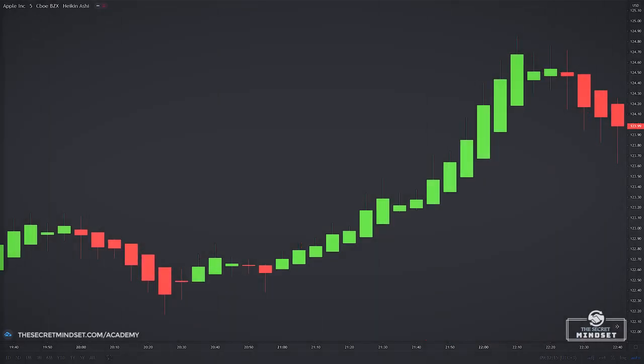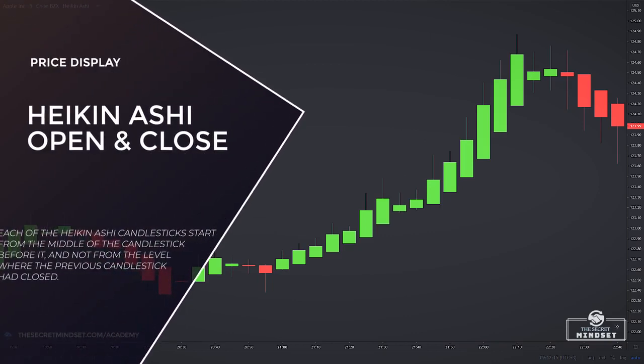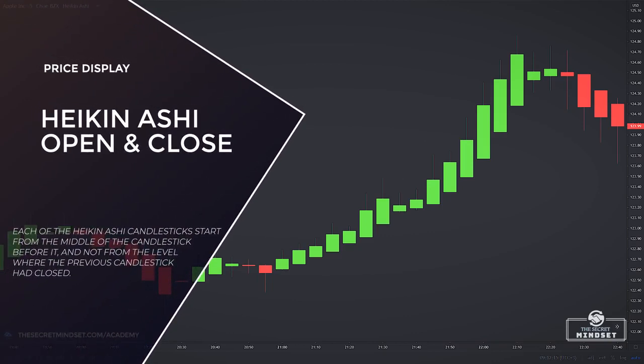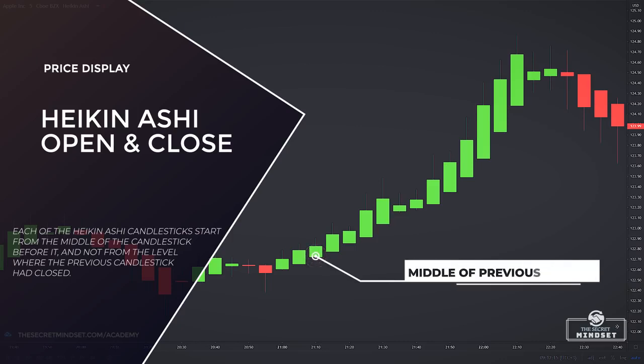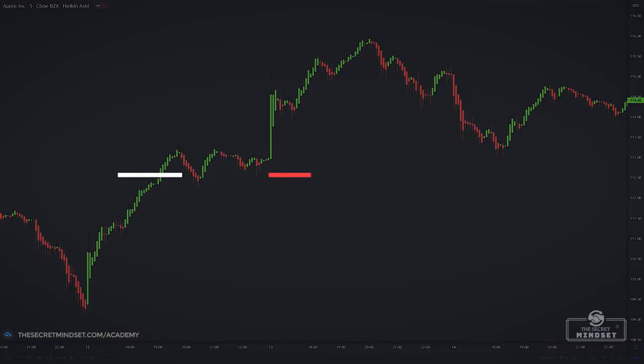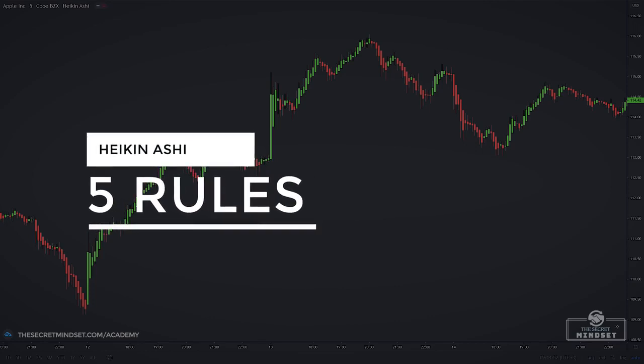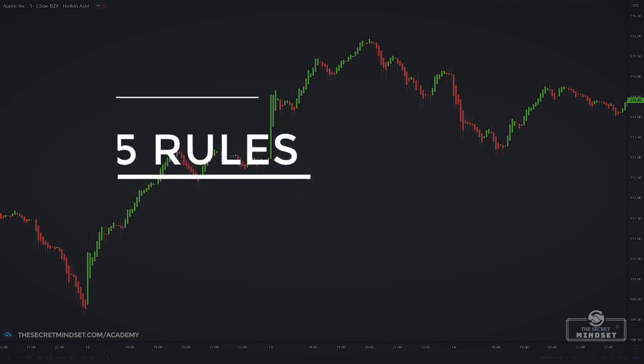What makes Heiken Ashi different from a traditional Japanese candlestick chart is how the price is displayed in terms of the open and the close. If you look closely at the Heiken Ashi chart, you'll notice that each of the Heiken Ashi candlesticks start from the middle of the candlestick before it, and not from the level where the previous candlestick had closed. While Japanese candlesticks require many definitions and flexible rules for most patterns, a Heiken Ashi chart works with only 5